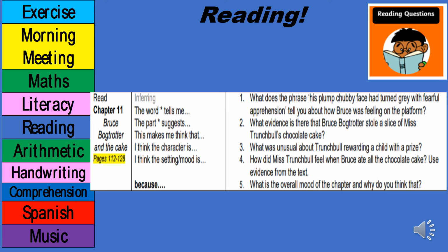For our reading questions today, we are going to be looking at inferring. So you've got some questions there on the right hand side. You've got 1, 2, 3, 4 and 5 questions. And when you're answering those questions, you can use the